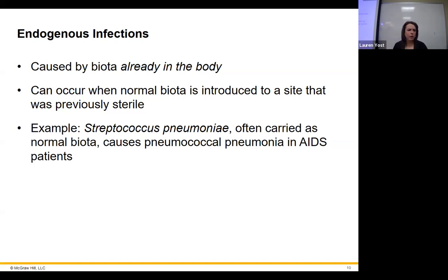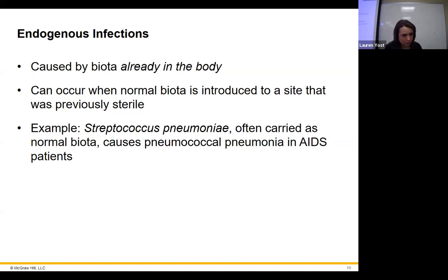So those are examples. So here it has Streptococcus pneumoniae. Now, Streptococcus pneumoniae is often carried as part of the normal biota. You can carry it in part of your respiratory biota. That's pretty normal. I think it can be chilling in your sinus cavities and all this. It's normal to have it. It's not necessarily a bad thing in small amounts, kind of like staph, right? Not necessarily a bad thing in small amounts. C. diff is the same way. People just carry it around sometimes. As long as it's not overgrowing, it's not causing a problem.